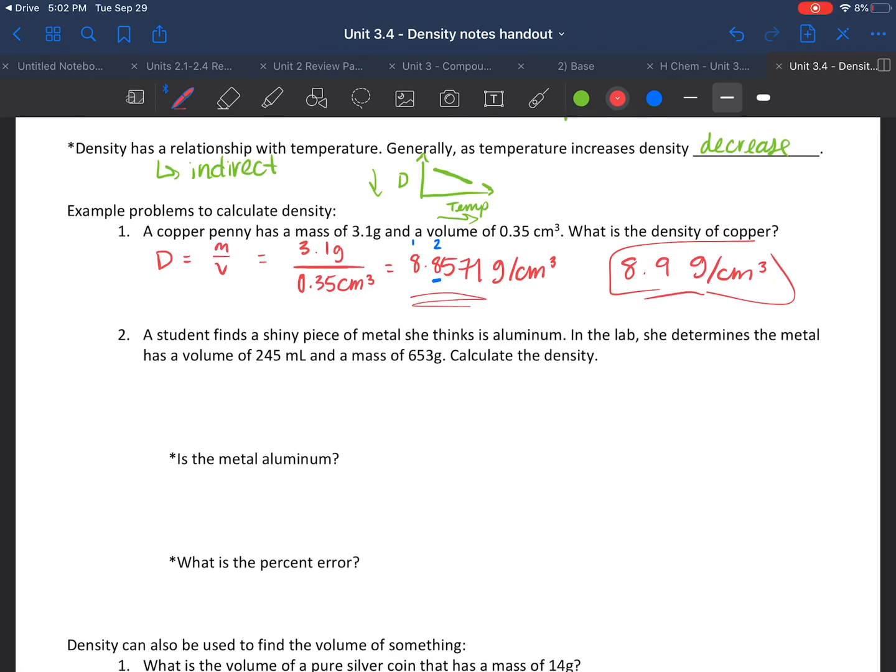The next problem. A student finds a shiny piece of metal she thinks is aluminum. In the lab, she determines the metal has a volume of 245 mL and a mass of 653 grams. Calculate the density. So again, density is equal to mass over volume. So we put our unit of mass, grams, on the top and divide that by our unit of volume. And then this gives us